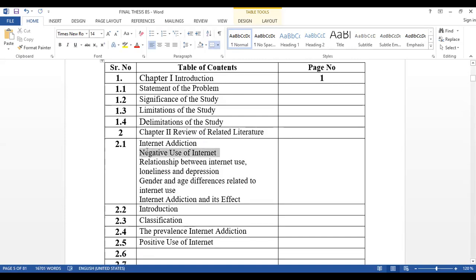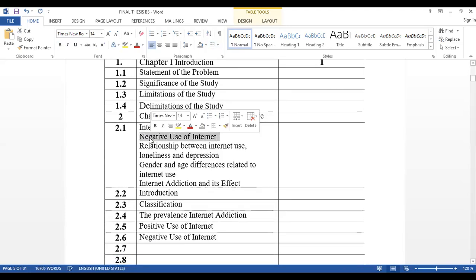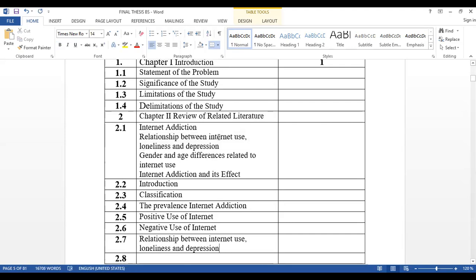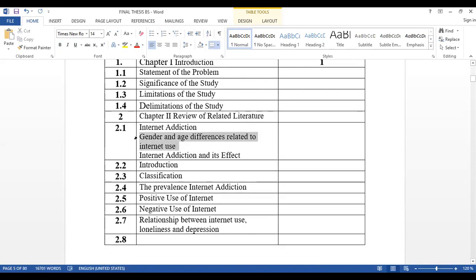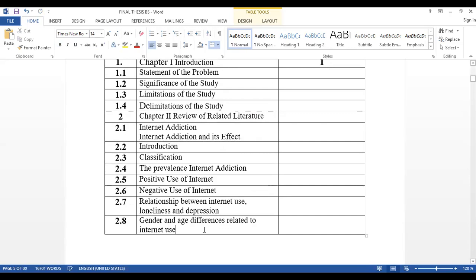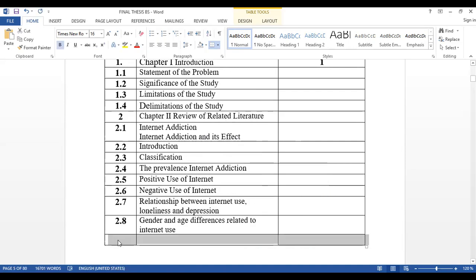Then negative, copy, paste it here. After that, relationship, copy, paste it here. After that I select one and other option. The last one is internet addiction and its effect.